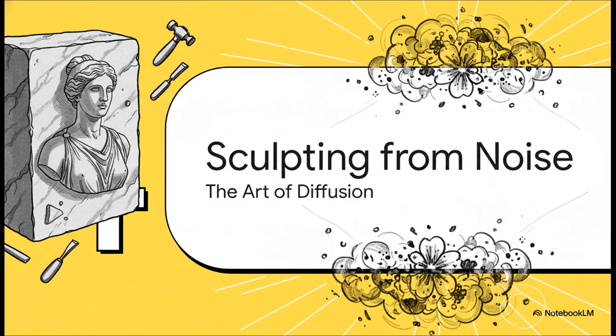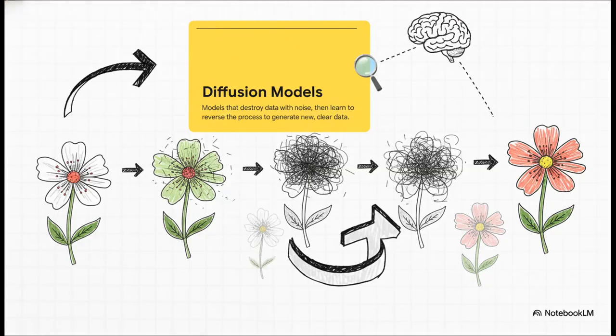So, if GANs are a forger and a detective, think of diffusion as a sculptor who sees a statue hidden inside a block of marble. The core idea here is absolutely fascinating. Instead of starting with nothing, diffusion models actually start with a perfect image. They systematically destroy it by adding noise step by step. And then, and this is the crucial part, they train an AI to learn how to perfectly reverse that whole